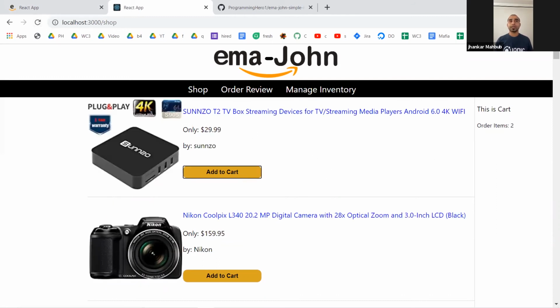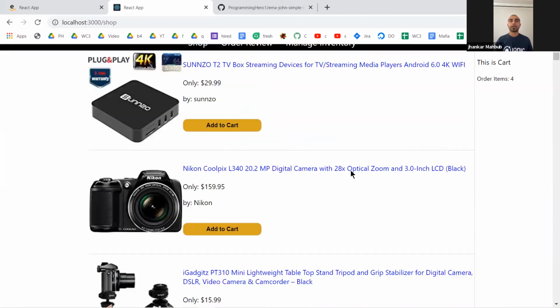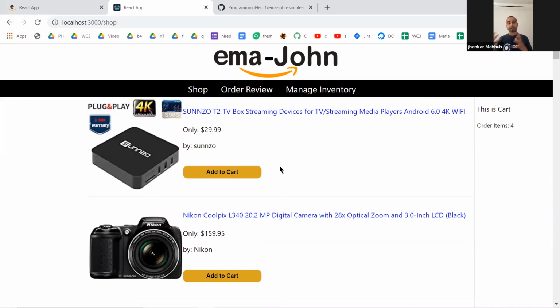If I click on it twice, it will add 2. If you click once, it will do one. If I click very quickly, if the products are there, we can make it much better. But at least in a simple way, if you click on it, you can see how many items are there. So our goal is to calculate how many items are there.